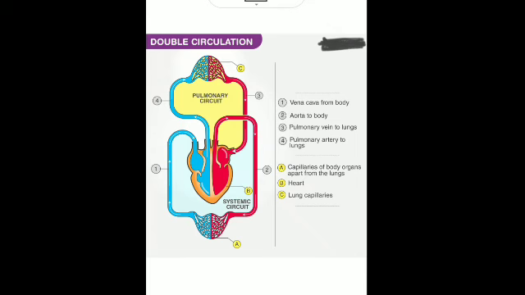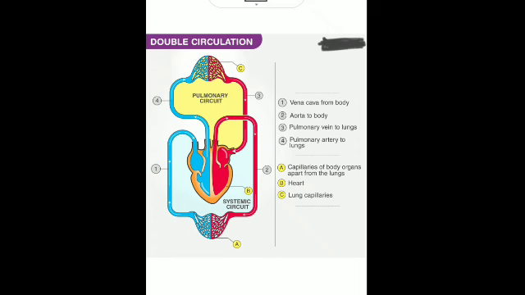that is, systemic means circulation in the whole body. So it is the circulation of blood between the heart and the other organs of the body. This is from which part? That is from the left ventricle into the aorta, and from the aorta to all the parts of the body. Is that clear? So that is why this is known as the double circulation, because it is involving two circulations at the same time, the pulmonary circulation and the systemic circulation.